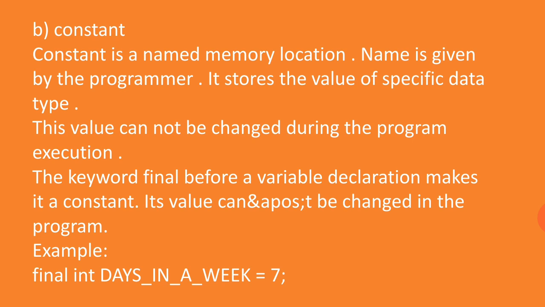Just write: its value can't be changed in the program or during the program execution. That's important. Now the declaration: final keyword, then the variable name. This is days in a week, and in between final and the name of the constant there is int. So the statement is: final int daysInAWeek = 7;